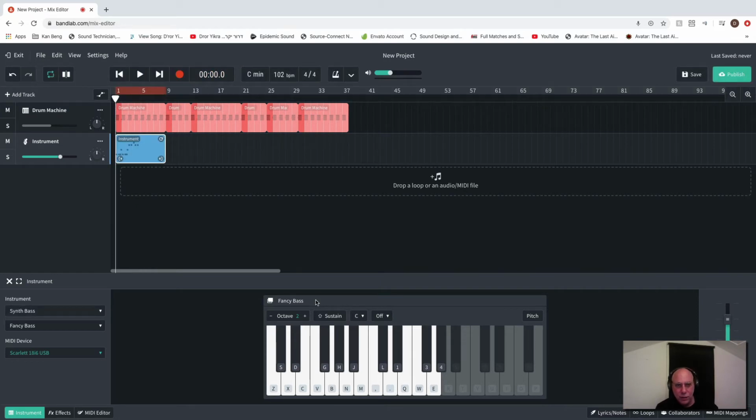Okay, I've created a 4-bar pattern, which I know full well is not very accurate, but it's a good way to show you how we solve this problem. So if I listen to it, nowhere near what I want it to sound. So what do I do? I don't panic. I click the MIDI editor